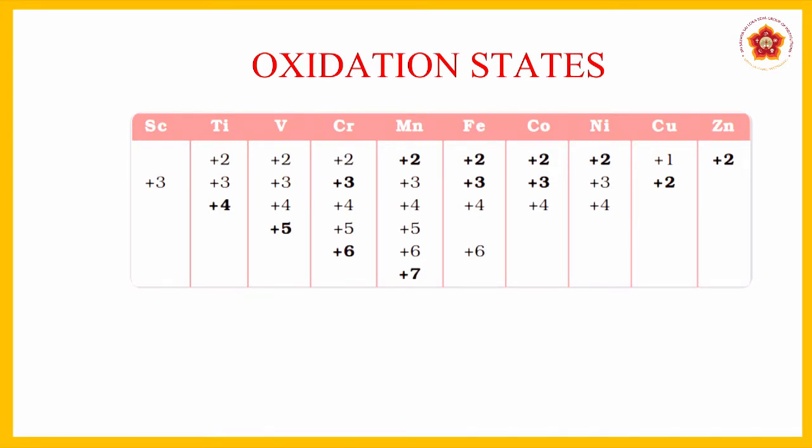So please go through the table that is present there. You are able to see that there are some light colored elemental oxidations that are shown. There are some dark colored species also which are shown. In titanium they are shown for +4, vanadium +5, chromium +3 and +6. What are all these? These are the best possible oxidation states that are present in the compounds. It also means that other oxidation states which are shown can be possible in those compounds.